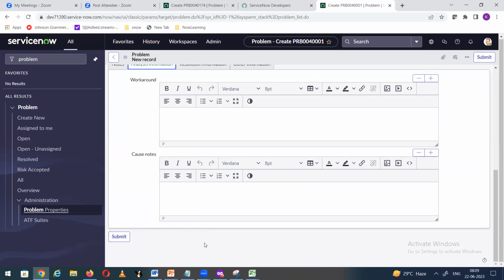So now tell me, guys, how to create a field on the problem form. Tell me how to create new fields on this form. Form layout, correct? Configure form layout. Very good. So before I start building the functionality, before I start creating new fields, what I need to do